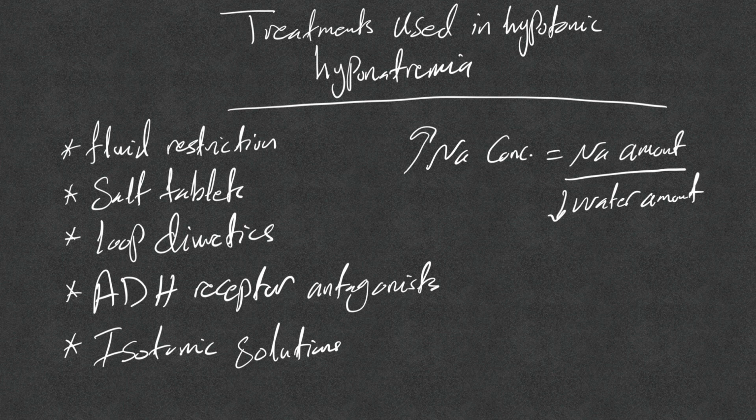Salt tablets, on the other hand, work by increasing sodium amount and increasing sodium concentration. Loop diuretics induce water diuresis, so they decrease water amount in the ECF and increase sodium concentration. ADH receptor antagonists work by also causing selective water diuresis, decreasing water amount in the ECF and increasing sodium